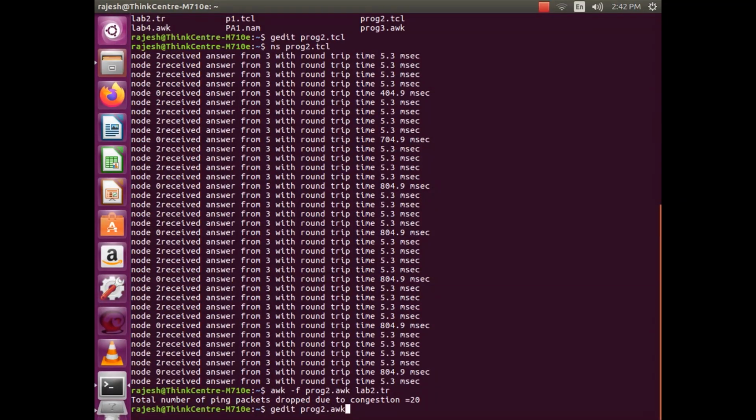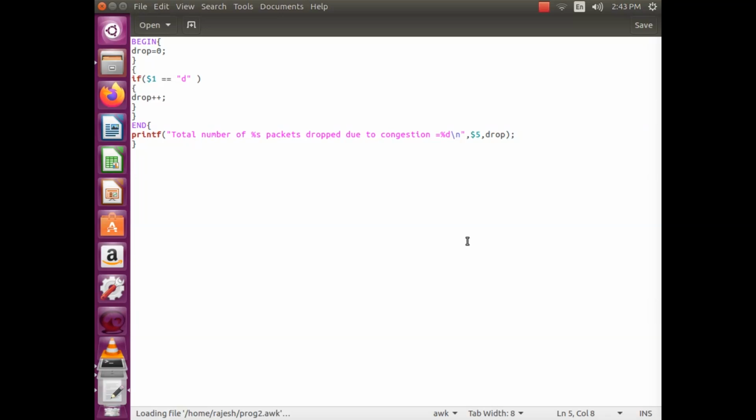Let's open prog2.awk with gedit. You can see that in the awk file the variable drop is 0 initially. Now I am checking whether $1, the first field, is equal to d. As we saw in the trace file format, the first field can be either plus, minus, r or d.